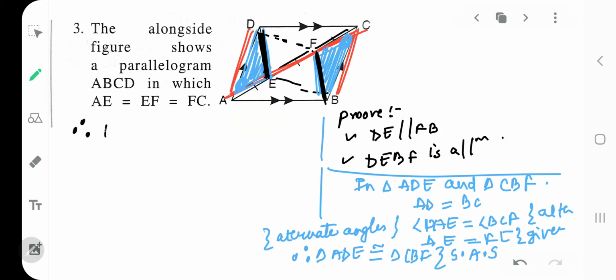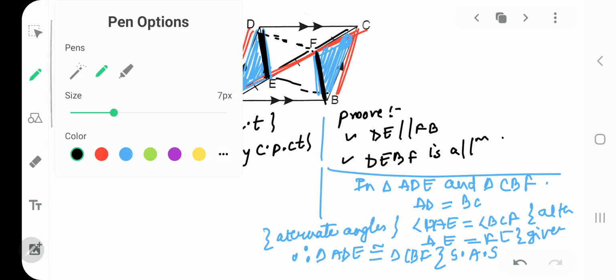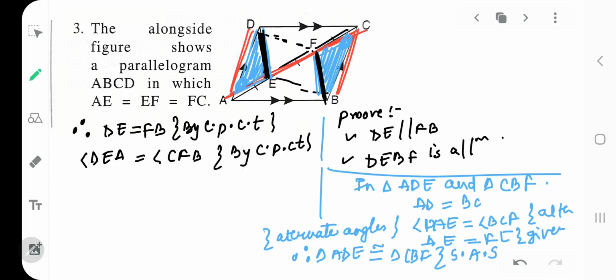Therefore, DE is equal to FB by CPCT. Can I also take angle DEA is equal to angle CFB by CPCT? Now my dear kids, try to understand this point. This is a very important point, that if I have taken this angle DEA is equal to this by CPCT,